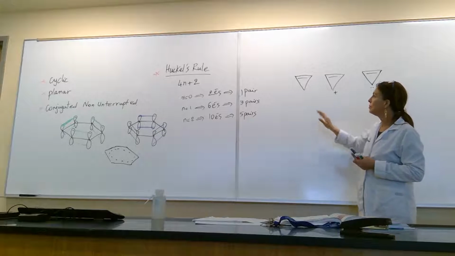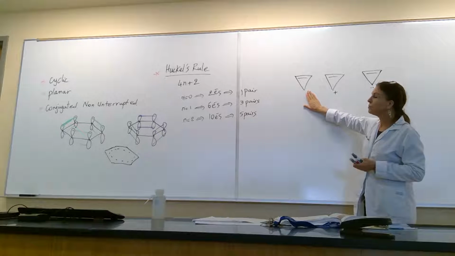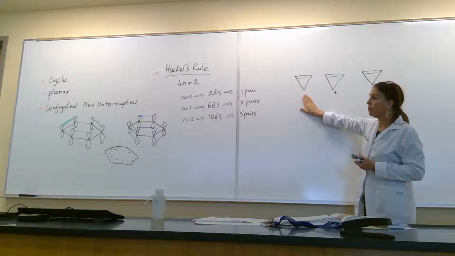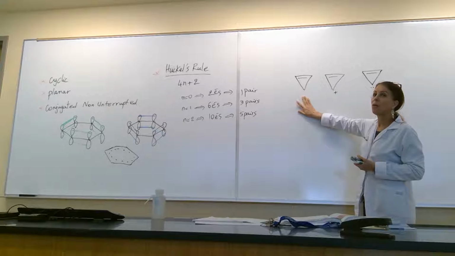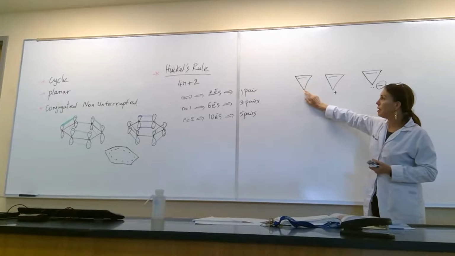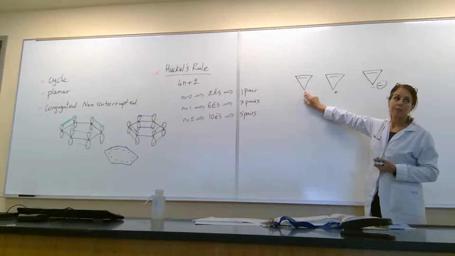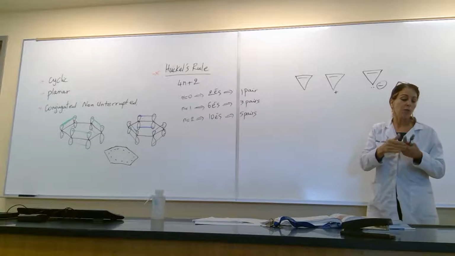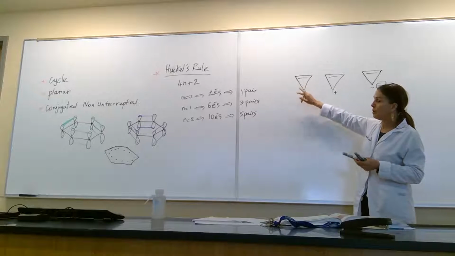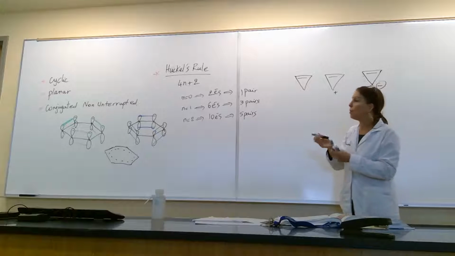So, what do we have here? It's cyclic. You read how many pairs of electrons we have inside the ring. So, 1 pair. But you can see that this is an sp3. So this is uninterrupted. So although it's cyclic, although it's planar, so this compound, you need to know that this